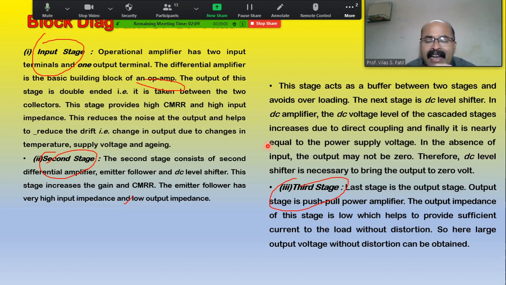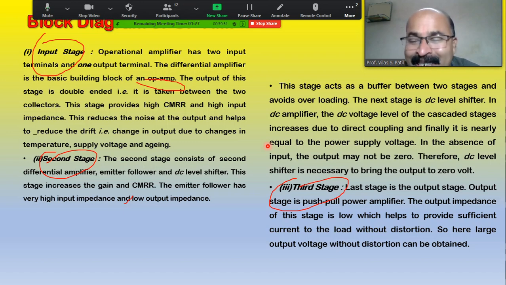And so here a large output voltage without distortion is to be obtained. That is the last application of the operational amplifier. That is what we want: a large output without distortion. That will be given only at the output because of the push-pull power amplifier function. And if we use the power amplifier function, the output should become high as well as without